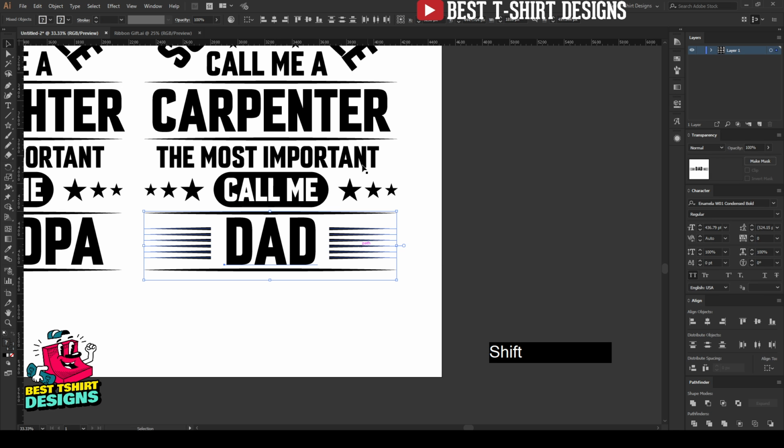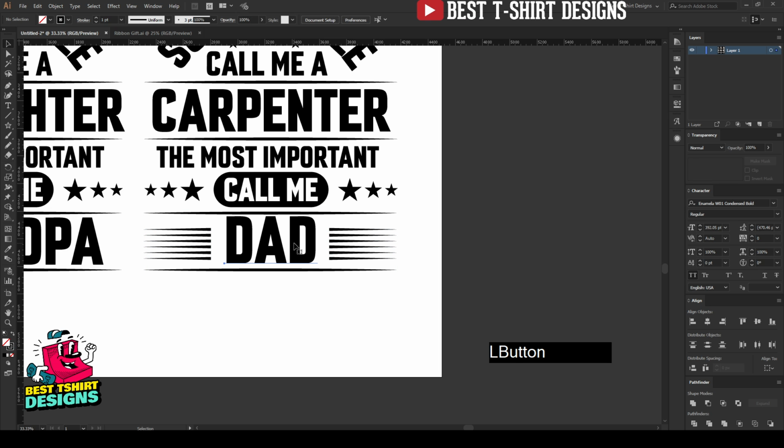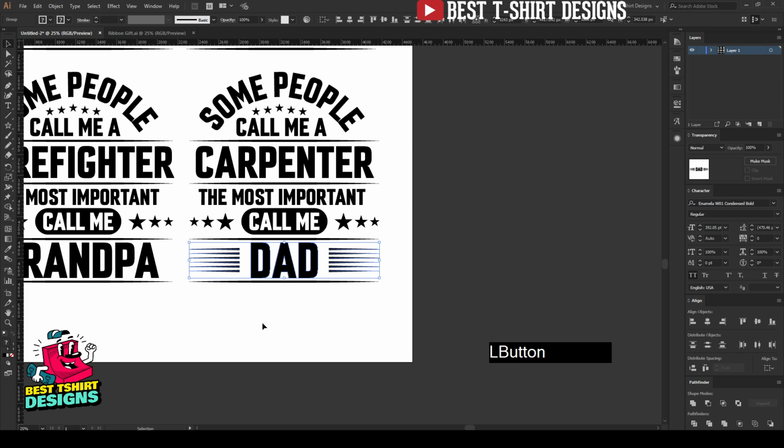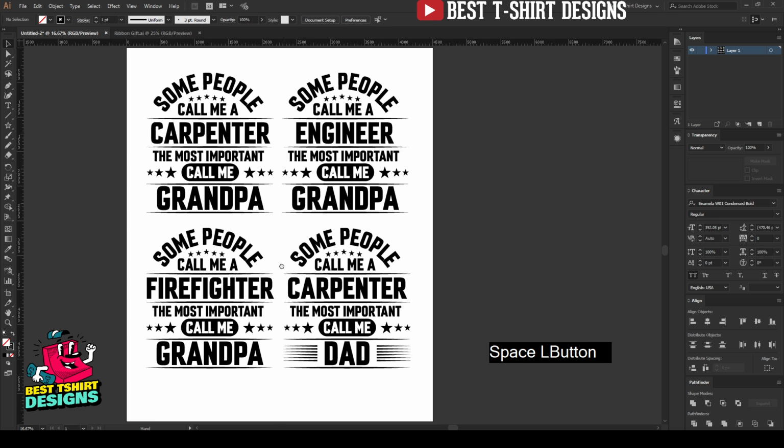Like I can select these three, I can distribute the space between them, or when the design is made, now I don't need to edit this text. Now I can simply select this text, and then I can align them and then distribute the space. So that is going to be easier for me. Like I can make it the same width as these lines here, of course the same area here, like this. And this is really a cool way to make multiple designs from a single design.